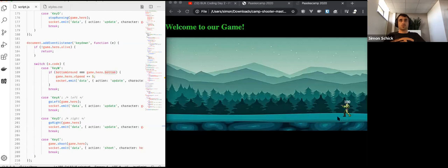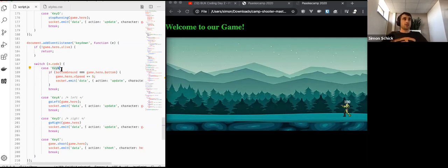The lowest point of this character is always stored and accessible in this variable. If this is equal to the bottom ground, which is a line you can think of as being here, right? If he is on that line